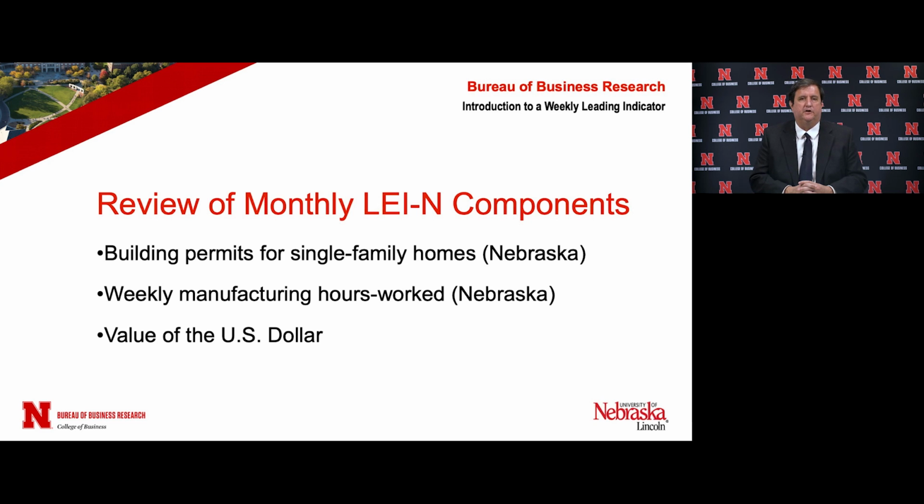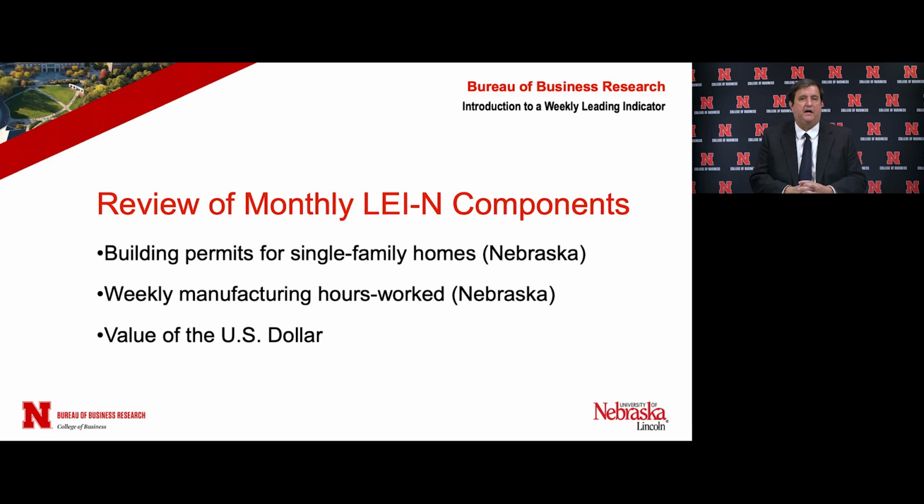Another leading indicator is weekly manufacturing hours worked. That variable is timely. It's released three or four weeks after a month ends from the Bureau of Labor Statistics. And since manufacturing is one of the most pro-cyclical parts of the economy, it's been found through testing that manufacturing hours worked predicts economic activity down the road. So expanding manufacturing hours worked predicts that the economy will be growing in six months, and a contracting one suggests the economy will slow down.